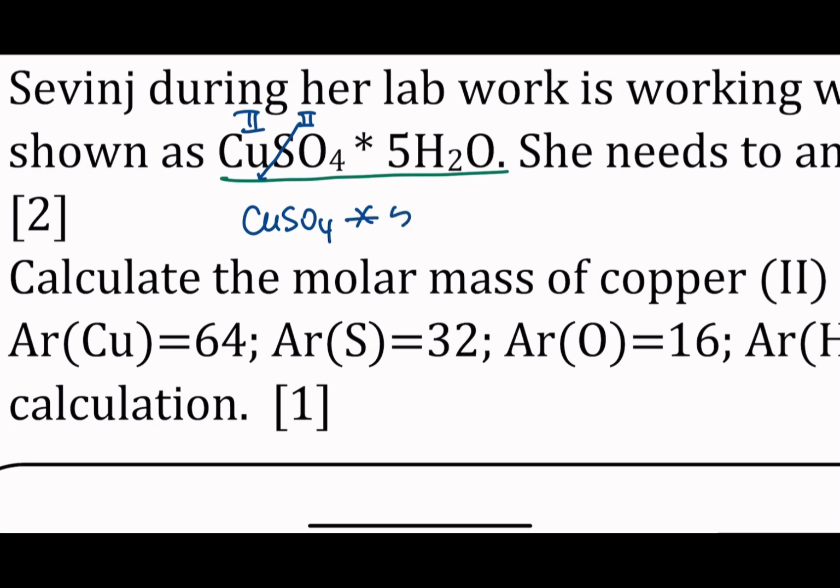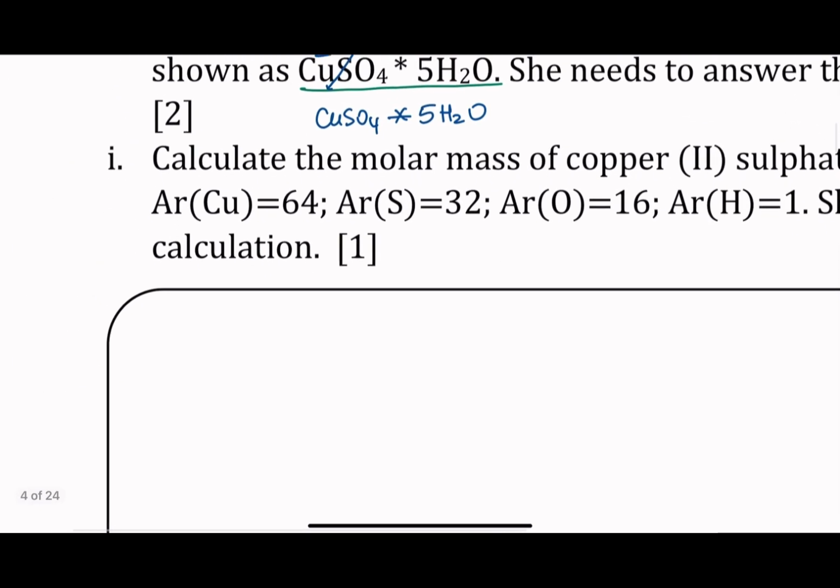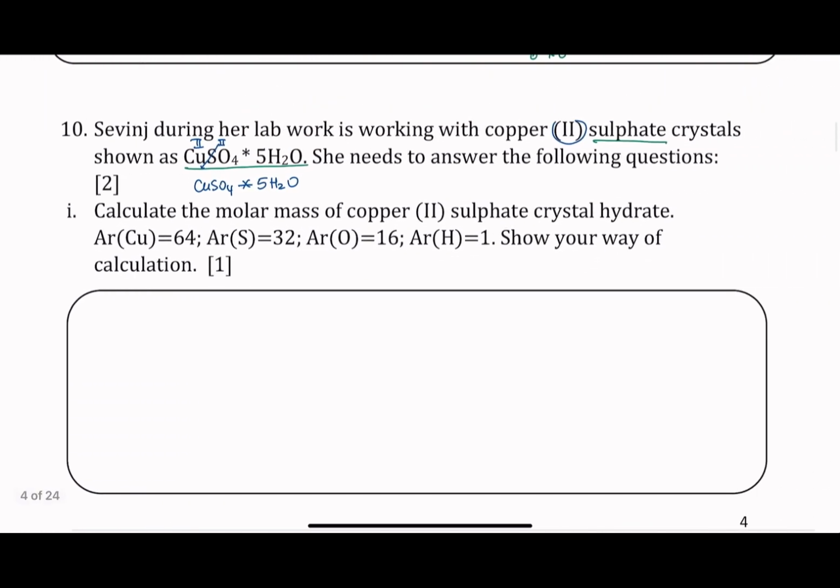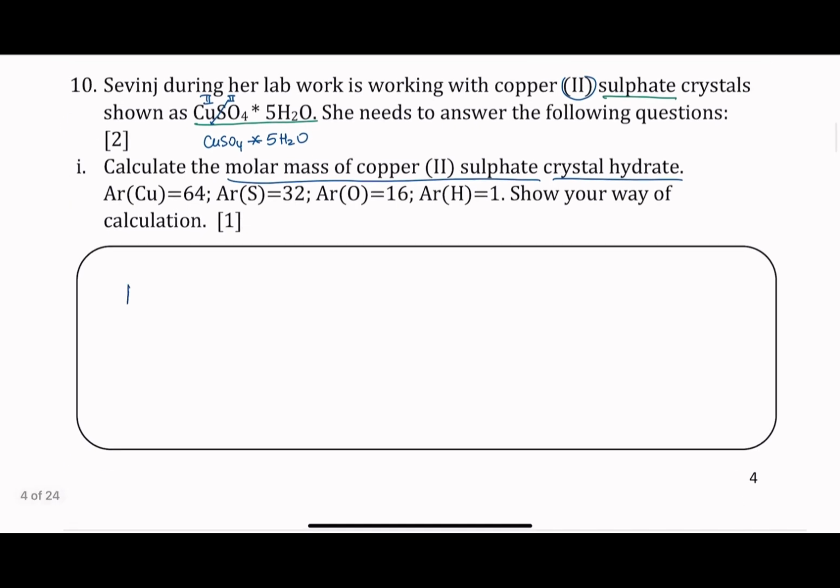And then you have the hydrate with the 5 molecules of water. So now it is asking us to find the molar mass of copper sulfate crystal hydrate. So the molar mass, I told you, for the crystal hydrate, you just need to add up